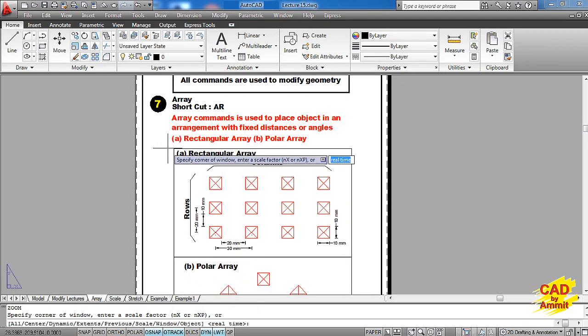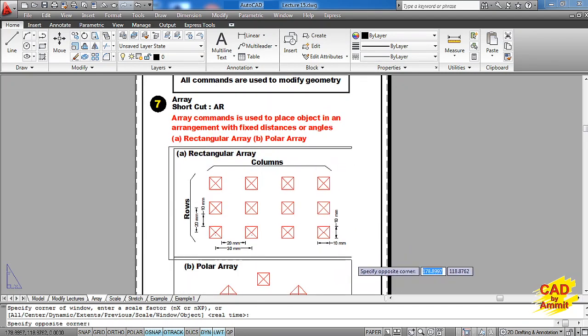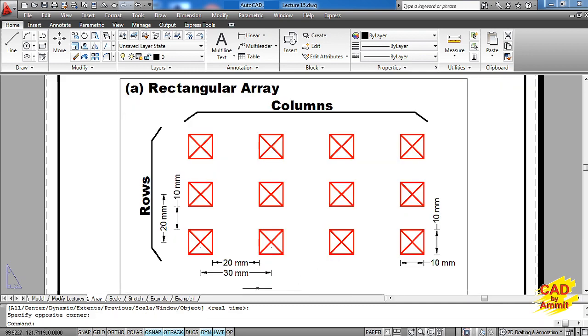For understanding the rectangular array, let us go through this diagram. Here I have created one square with each side equal to 10 millimeters, and all the 4 corners of this square are joined by 2 diagonal lines.